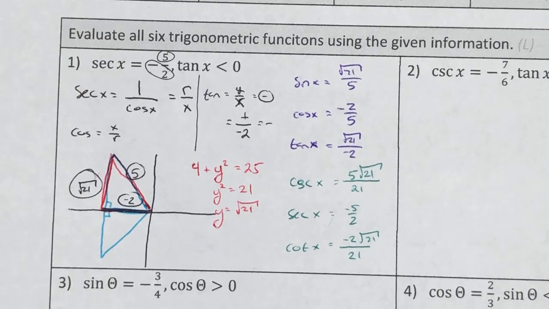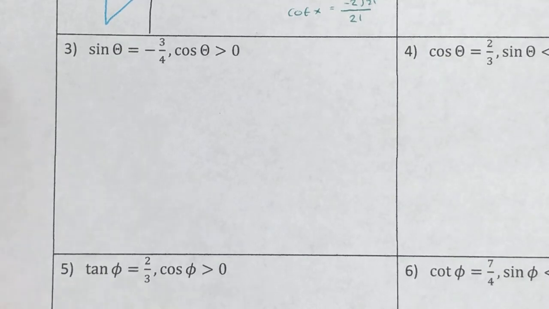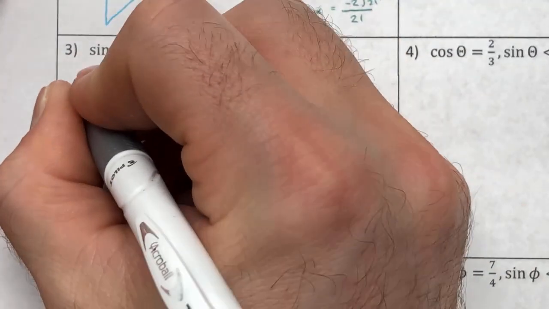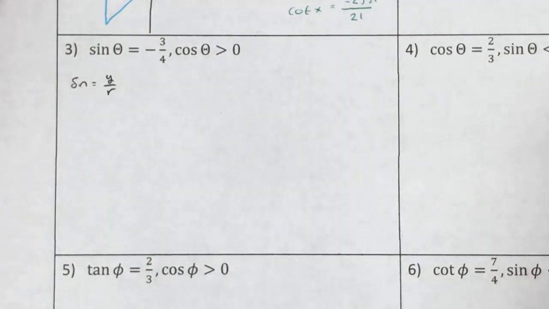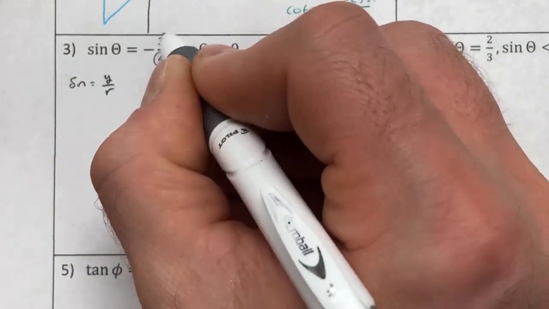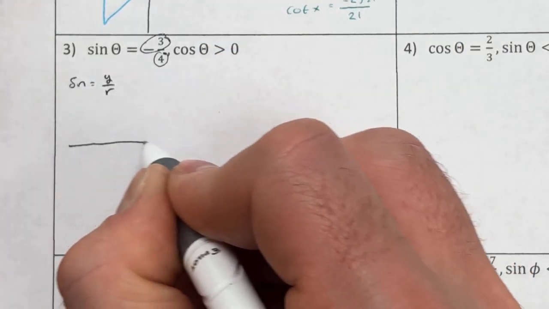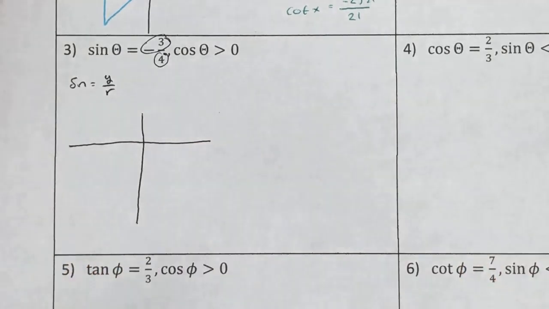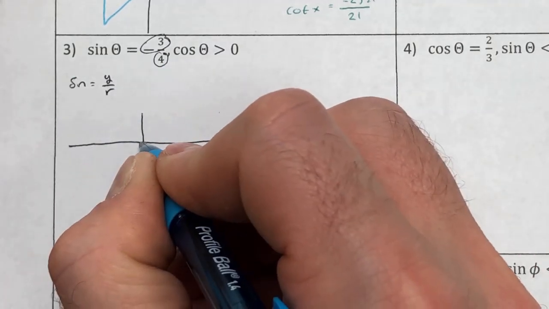So that's that. Let's try another one of those. So with this one, we have the sine of theta is equal to -3/4. So let's take a look. Sine is going to be equal to the y over the radius, which means that my radius has to be positive. So that must mean my y value is negative. So if I'm setting up a unit circle, that means I'm dealing with one of 2 different shapes. If my y value is -3 and my radius is 4,